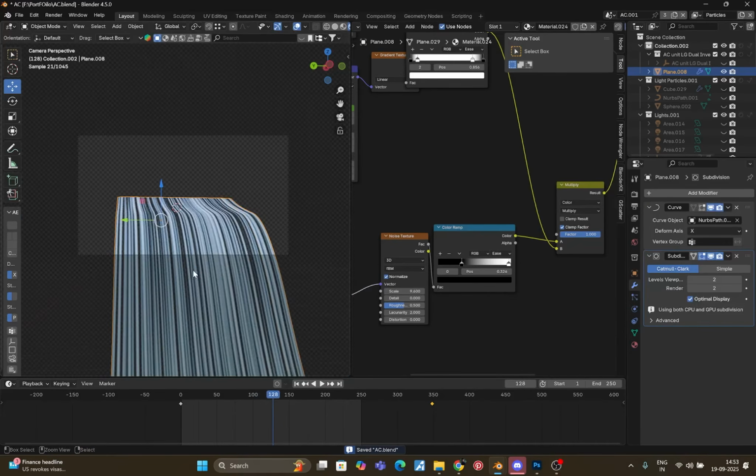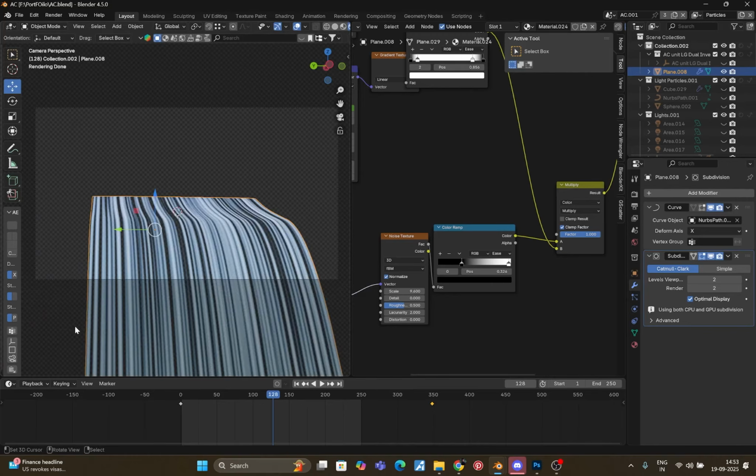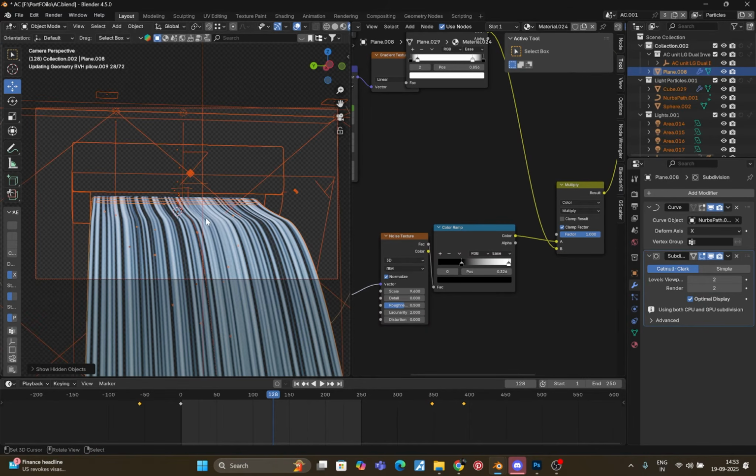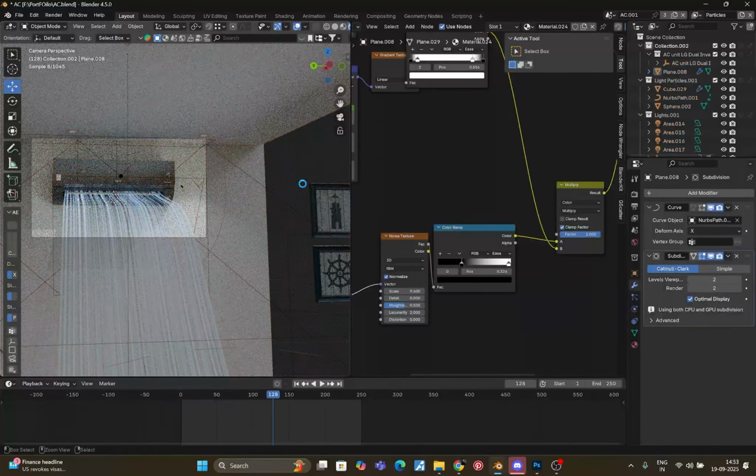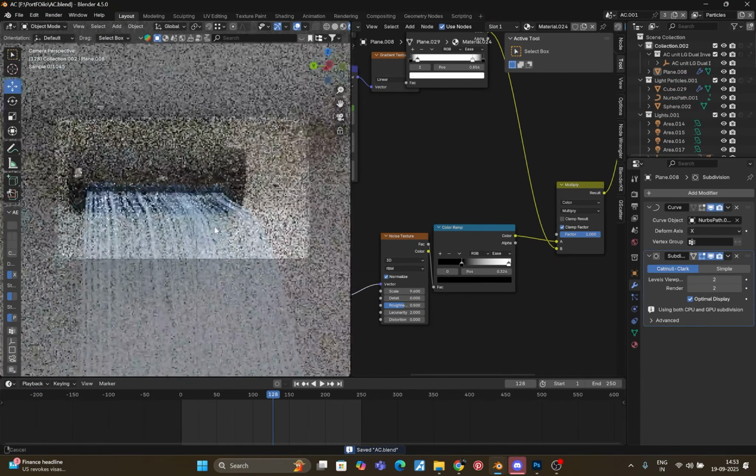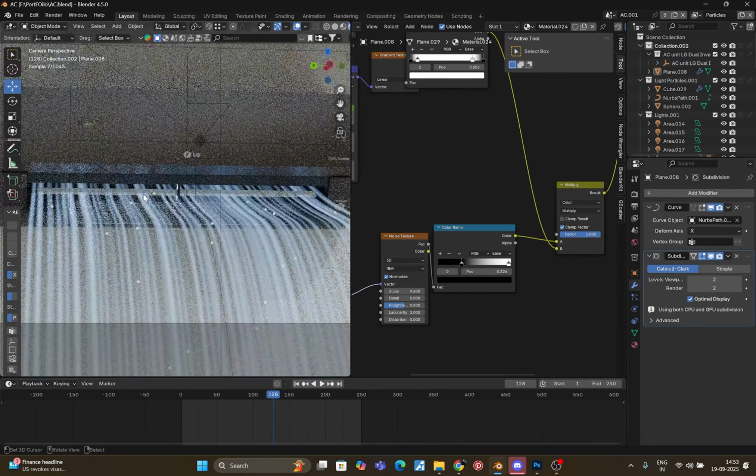And right now this has been completed, and the second thing we are going to do is the particle flow system. So let me bring all these things. I'm not going to give you an in-depth tutorial of the particle system. I'm just going to show you how I have created this particle. Okay, so this is the thing